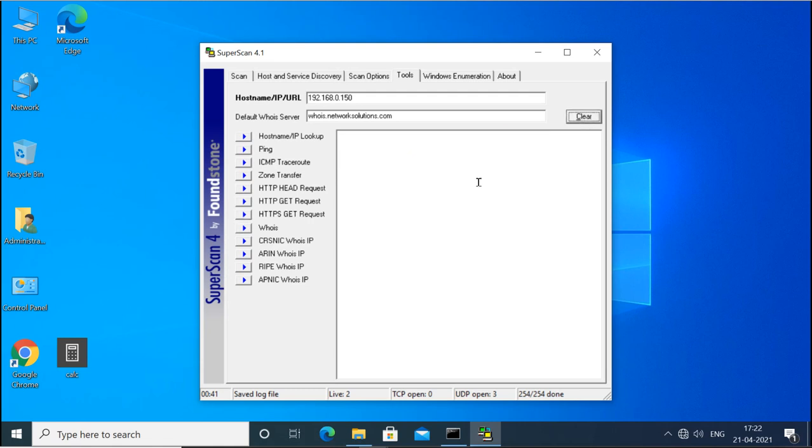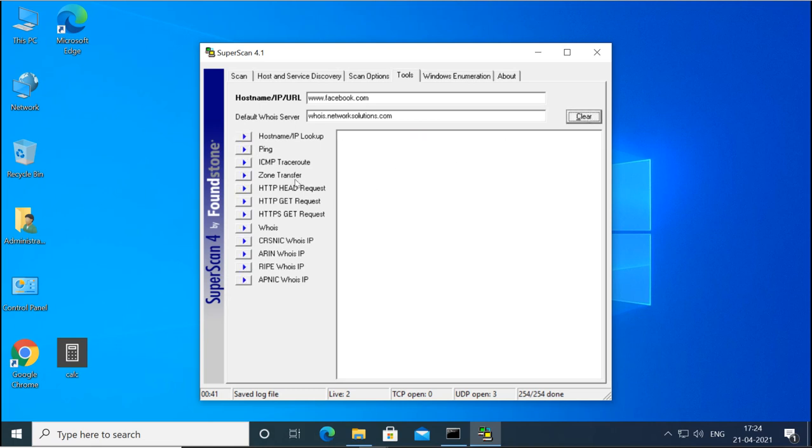So for example, when you have the internet connected, then you can do this for an internet host also. Like for example, I will do it for facebook.com. I can try to resolve the name, and it is showing me the host name and the IP address. Then I can try to ping also. I am getting the reply.